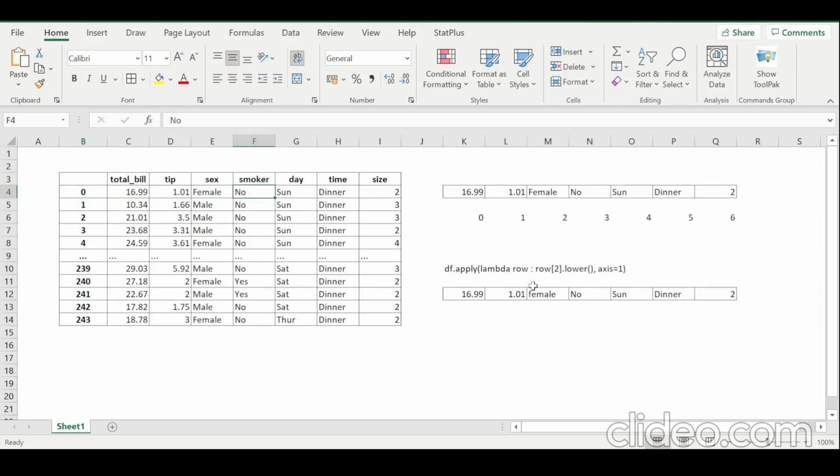Hence, look at this command. We are writing axis 1. 1 means column, 0 means row. So what is this 1? Again, there could be confusion that look, 1 means column and 0 means row. Now that we are going to apply to a row, then why are we writing 1, which